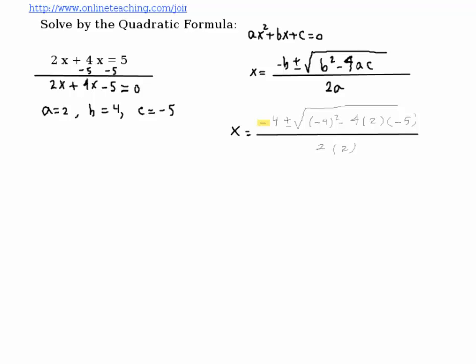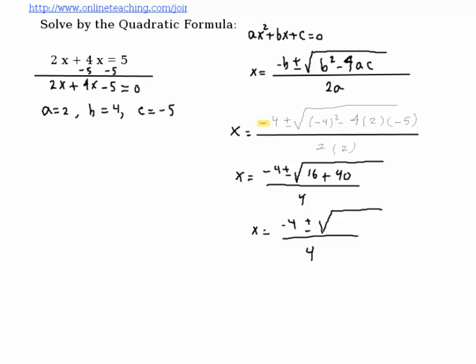We would get x is equal to minus 4 plus or minus the square root of... Can somebody tell me what do we get under the radical here? Looks like we get 16 plus what? 4 times 2 times minus 5, right? So 2 times 5 is 10, 10 times 4 is 40. So x is equal to minus 4 plus or minus... So what do we have under the radical here? 16 plus 40, which is equal to